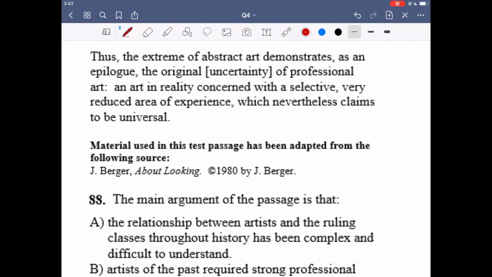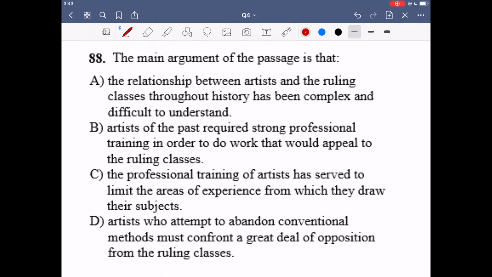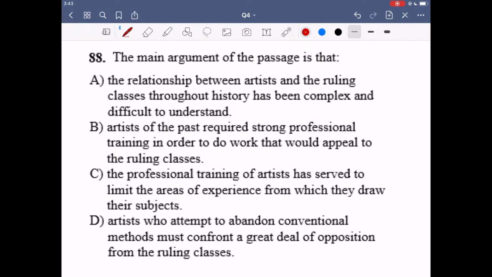So it's a limited thing, a limited area of experience which it connects with, and artists are claiming that that is something which is universal, but the author of the passage is claiming that it's not. It really only relates to what the artists have learned. Those are the things which they can make paintings about. Okay, so yeah, I kind of hit you over the head with the main argument of the passage, but it's better to do that and be annoyed than to not understand the main argument. So when I keep reading something and I see I'm being hit over the head with this again and again, that makes me happy, because that means that I'm going to fly through the questions.